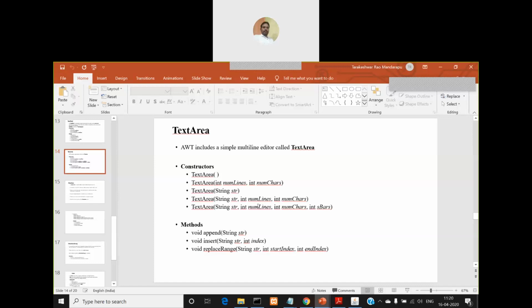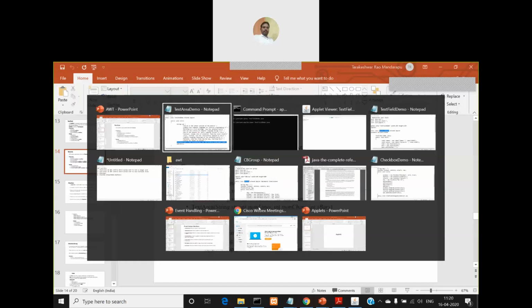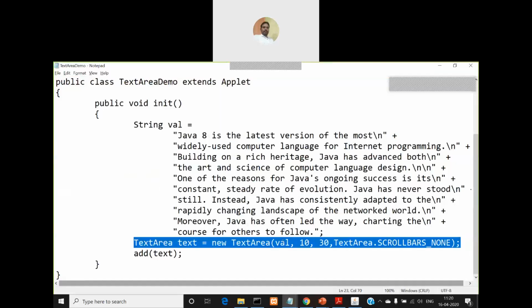Fine. So in our program we have used the fifth constructor, that is the last constructor. First one is the default string, which is there in the val variable.